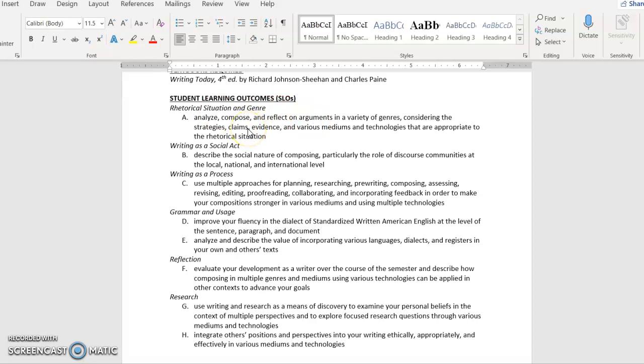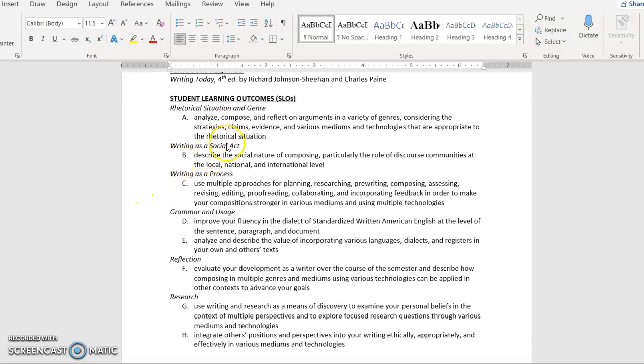We've been talking about genres as well, and we've already written about print ads as a genre versus video ads as a genre. And we've talked about video games versus movie versus TV versus Twitter ads. There's all kinds of different genres, and they all have different conventions and things that we come to expect from that genre. So all that means is you are learning how to look at a text and figure out what genre it is, what the rhetorical situation is, and how that specific text is operating within the constraints of a specific genre.